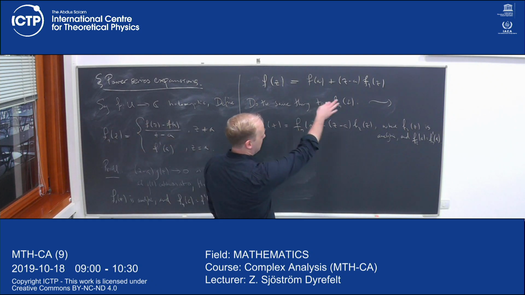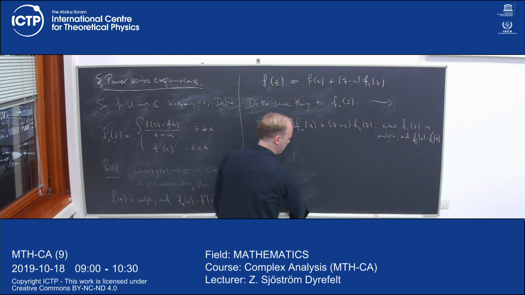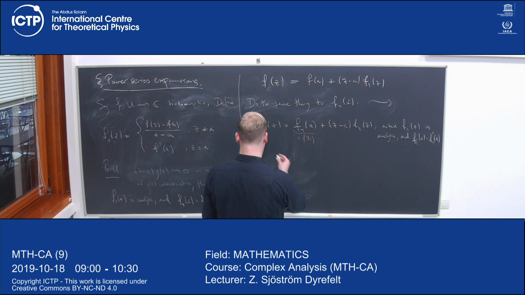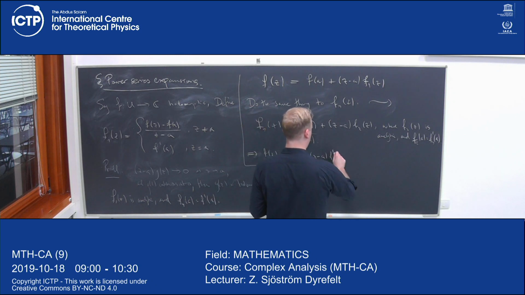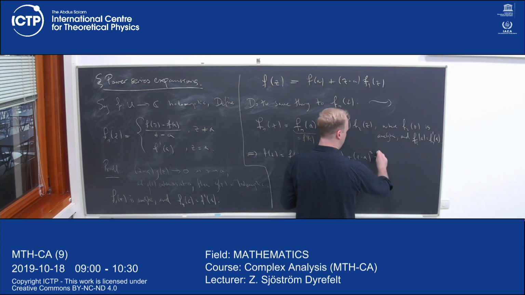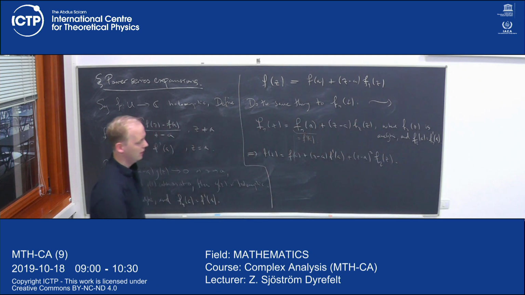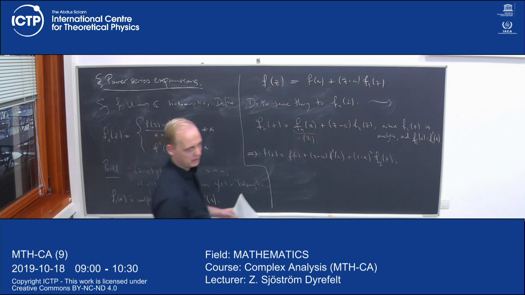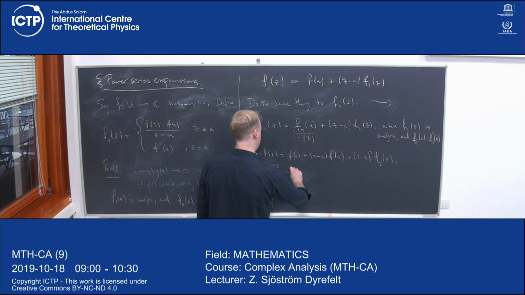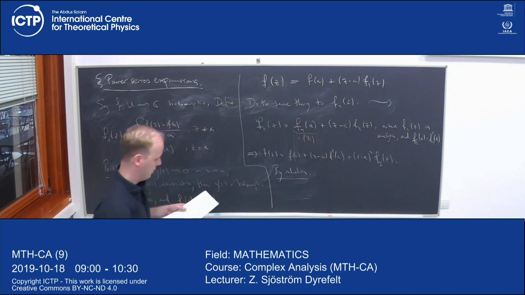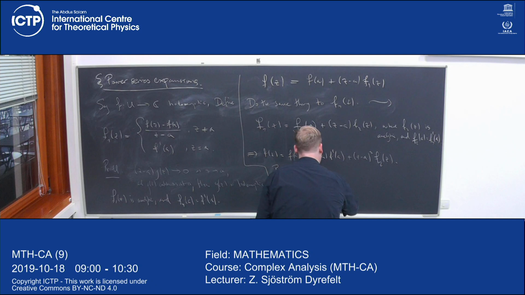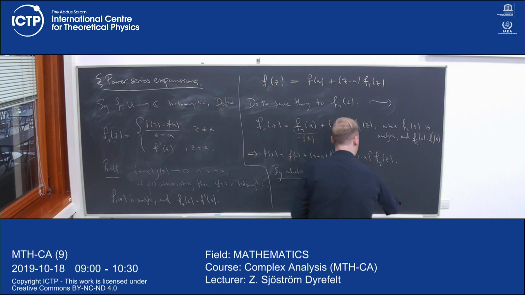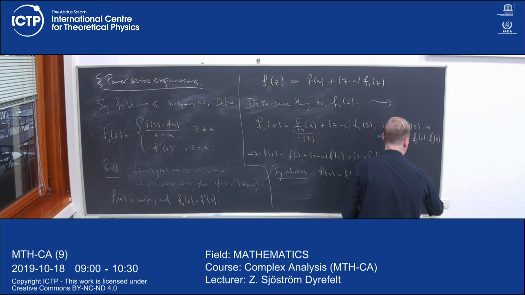Okay, so I have this, and then of course we can replace in here f1 by all of this, and use the fact that f1 of a was equal to f prime of a. Okay, and then we get that f of z is equal to f of a plus z minus a f prime of a plus z minus a squared f2 of z. So you see we're starting to build by induction here our power series expansion. Okay, so by induction, what do we get? So f of z is f of a plus z minus a f prime of a plus z minus a squared